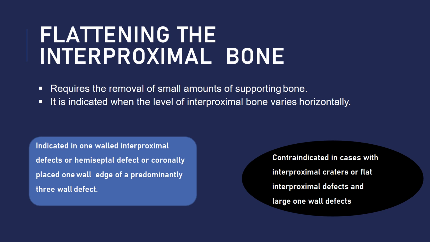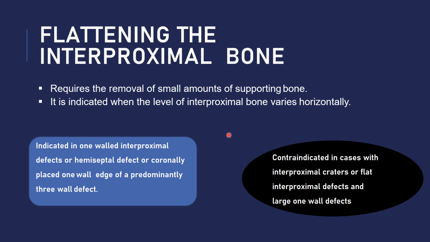So coming to the third step, the first step under osteectomy, there is flattening the interproximal bone, which requires the removal of a small amount of supporting bone. So this is flattening the interproximal area, that is a thickened area. It is indicated when the level of interproximal bone varies horizontally. So if there are irregularities in the interproximal bone,